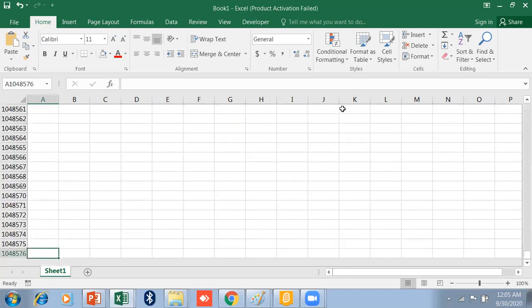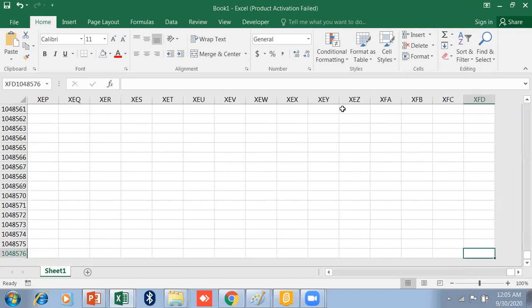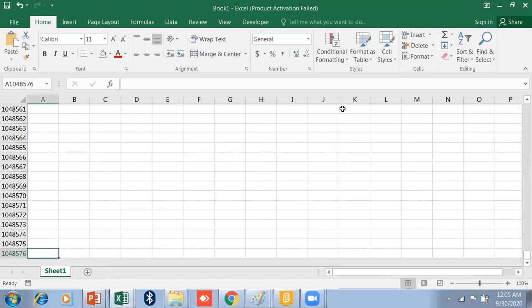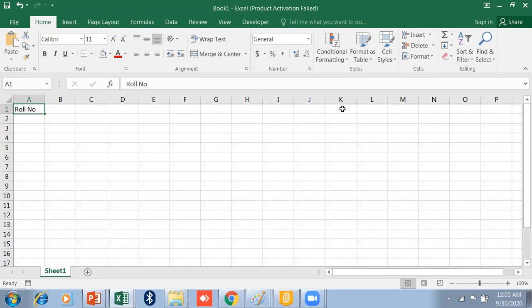There are 10,48,576 rows and 16,384 columns.